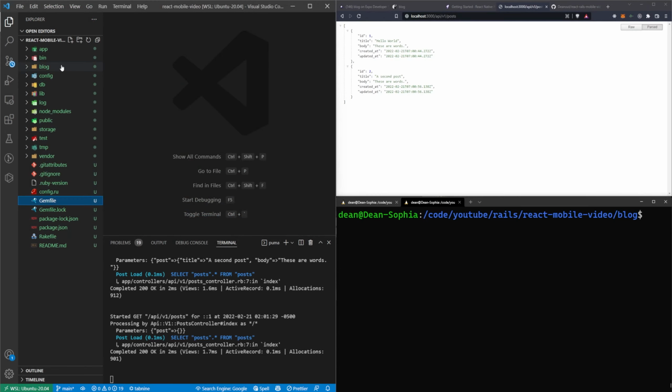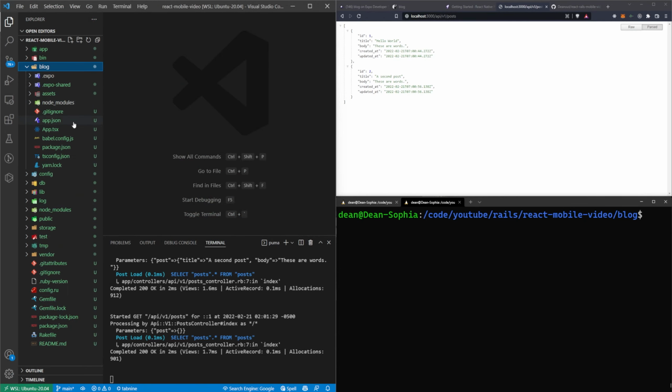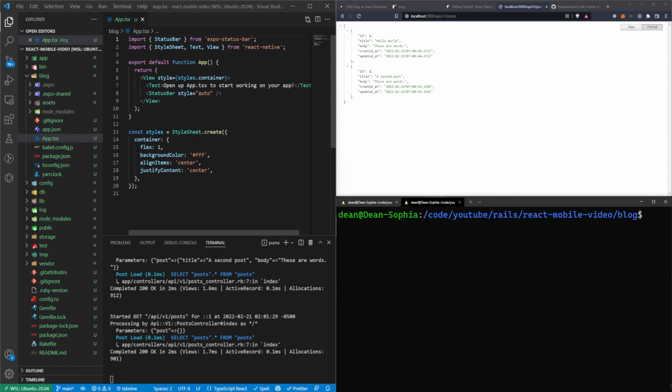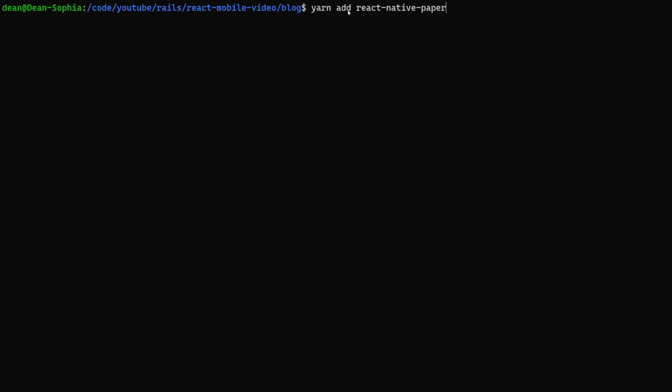Now that we have our application created, let's come over to our Expo project, which is this blog project, and let's get started in here. The first thing we're going to do is we're going to add React Native Paper. You can do this by running the yarn add react-native-paper command. The next thing we're going to do is run a yarn add command for react-native-vector-icons, react-native-link, and